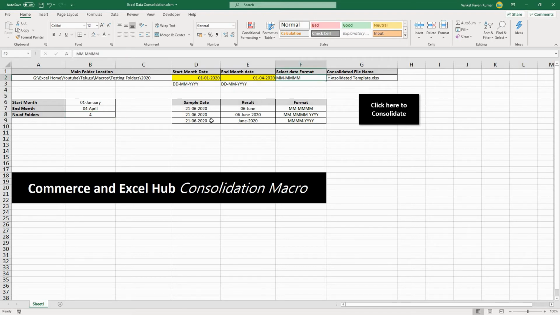This table explains the three formats. This is the format which we currently have, and if you have a different format you can use this way, and if you have this format you can use this way as well. Simply you can change the format over here.